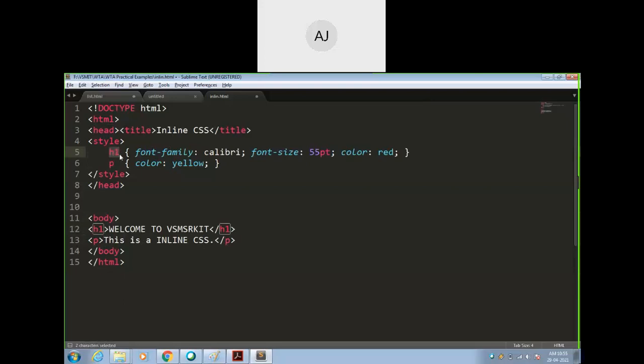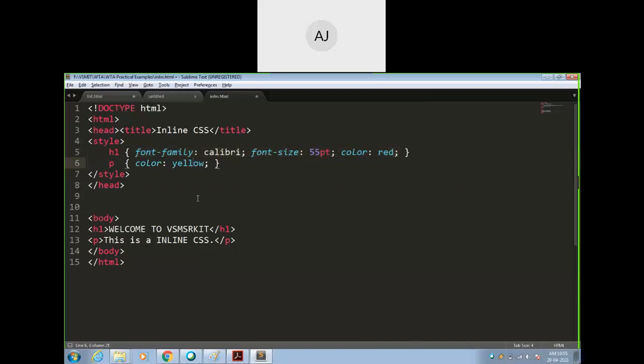Instead you use font family as Calibri, font size is 55 points and color is red. Okay. Wherever H1 appears in this particular web page, this is embedded, or you can say it is an internal level CSS. So wherever H1 appears, you put these values as default values. Okay. And for the paragraph, the color is yellow.